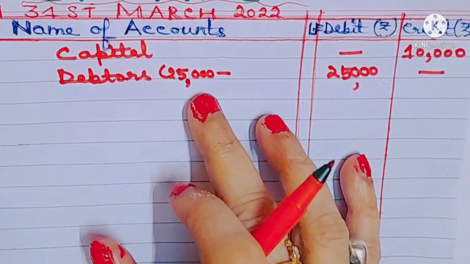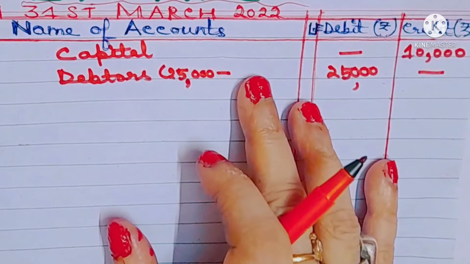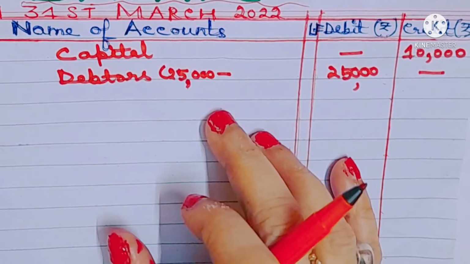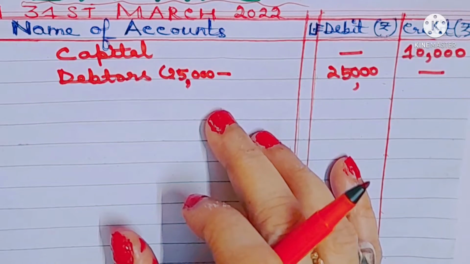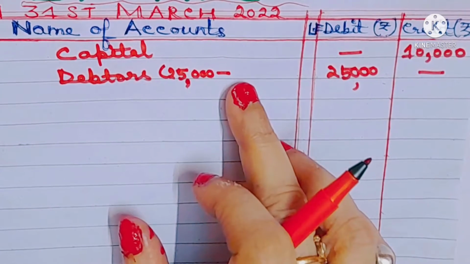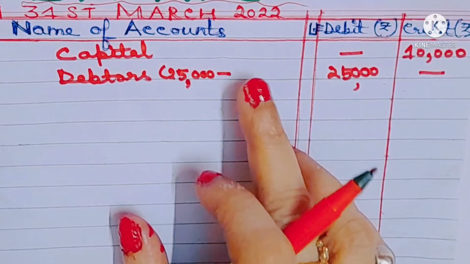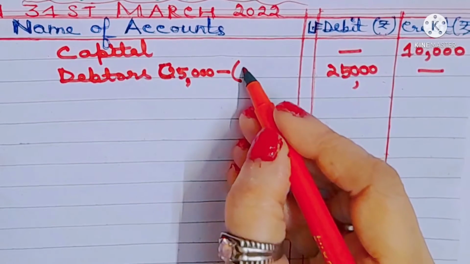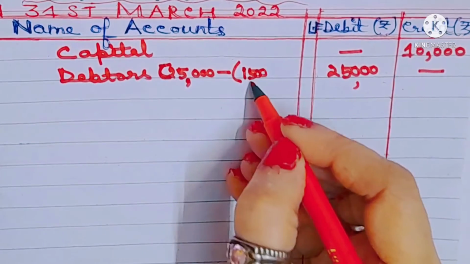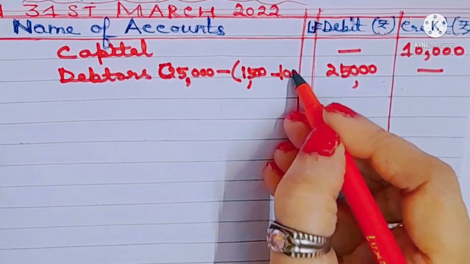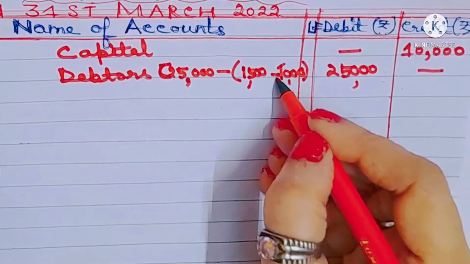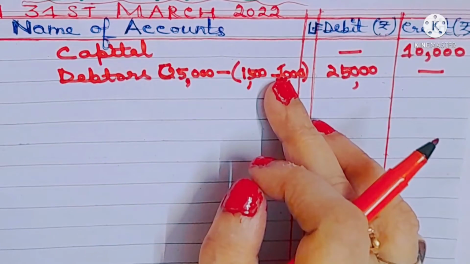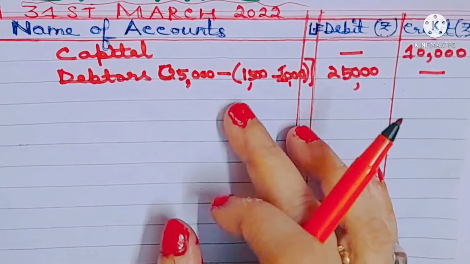Debtors এর থেকে আমি একটা 1500 এর চেক পেয়েছিলাম কিন্তু আমি কি রেকর্ড করেছি as 1000, তার মানে আমি 500 কম রেকর্ড করেছি। তার মানে 1500 এর জায়গায় আমি 1000 লিখেছি, তার মানে আমাকে আরও মাইনাস কত করতে হবে 500। সো আমাকে এইভাবে দেখাতে হবে I had received 1500 বাট আমি লিখেছি 1000, তো আমাকে কত মাইনাস করতে হবে, আমাকে আরও 500 মাইনাস করতে হবে কারণ আমি 1000 only মাইনাস করেছি। So in bracket you'll have to write of 25,000